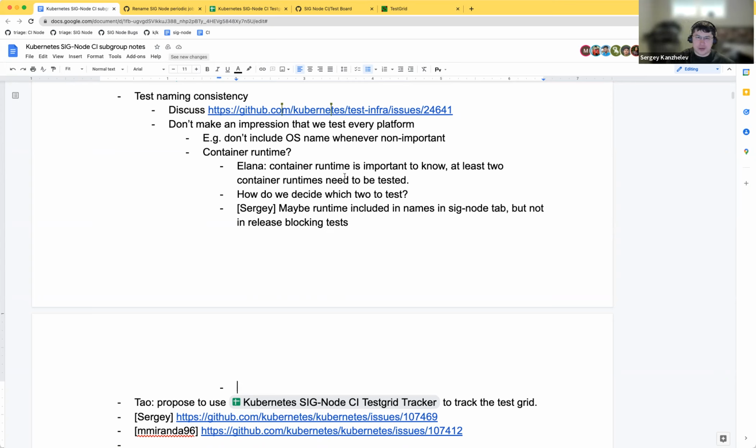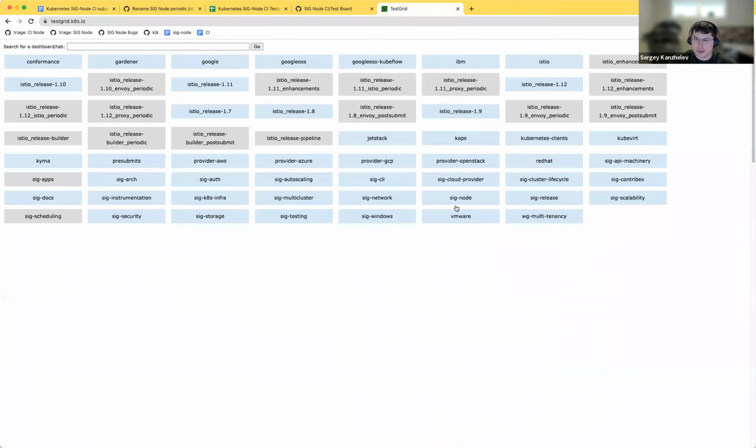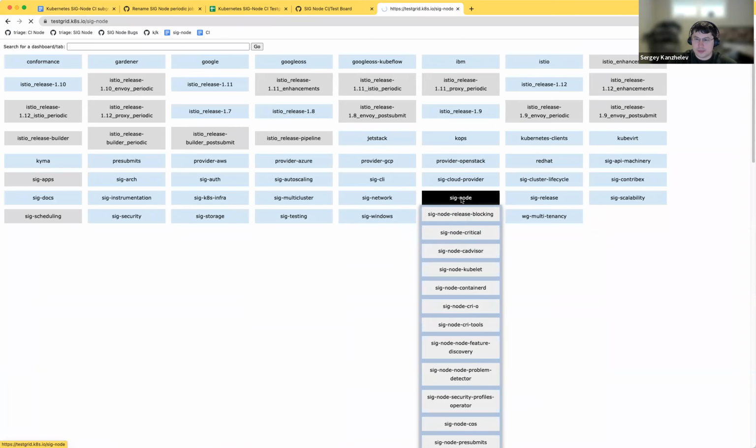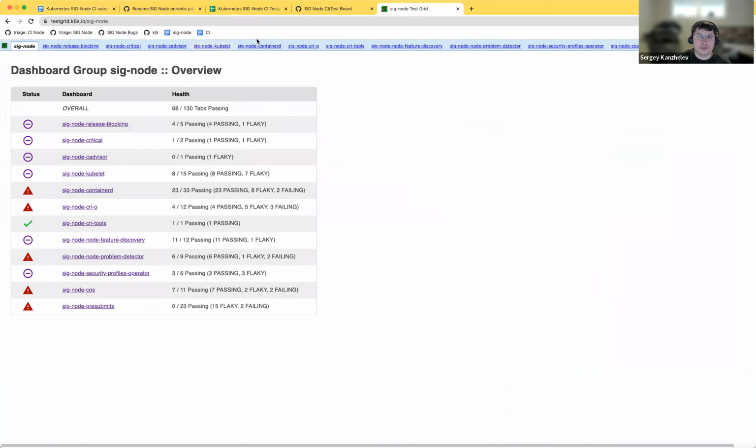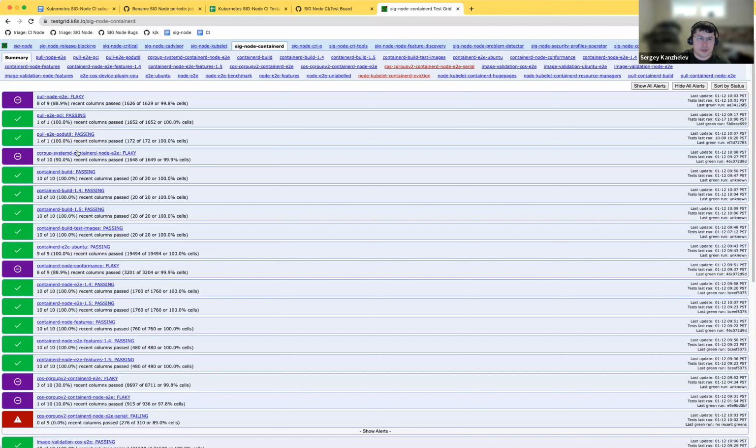Okay, so what other things do we need to change in names? One question would be, do we need to distinguish SIG Node end-to-end tests and folders, e2e/node and e2e_node?